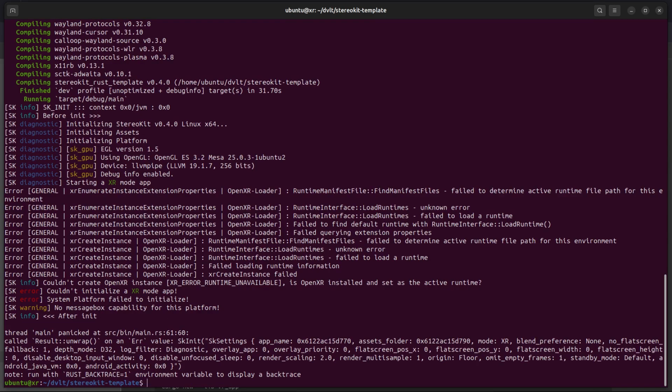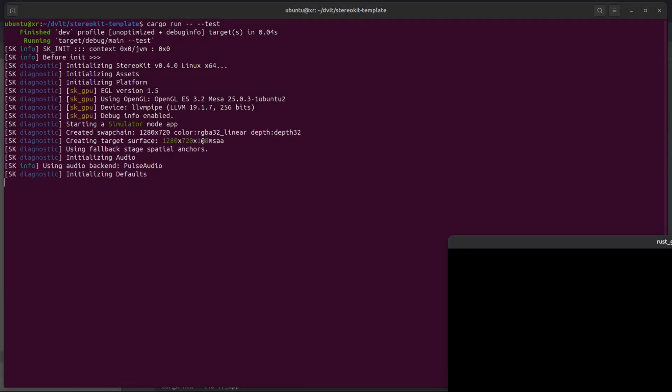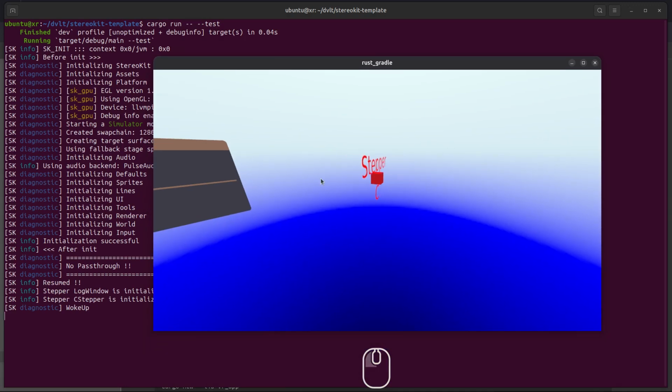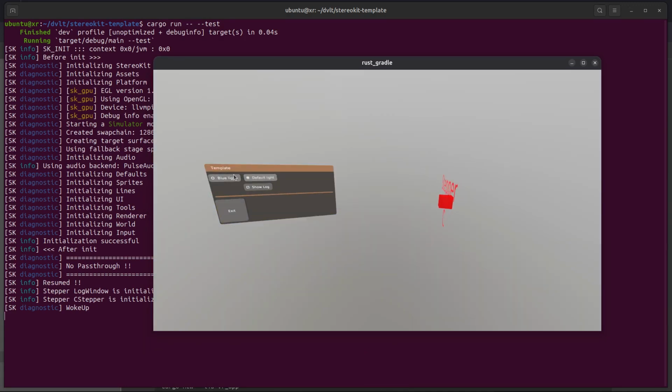We just need an OpenXR runtime. Let's see if the simulator works. Good. At this point, we can create and run OpenGL apps for Linux.